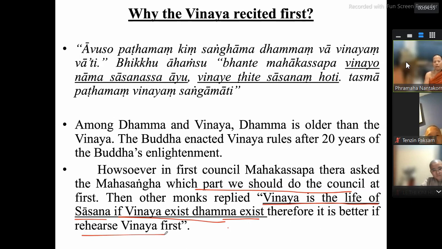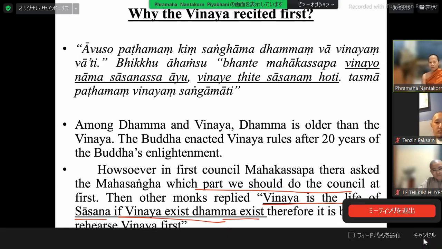Or is it better to rehearse the Dhamma first? And this passage is very important. Among the Dhamma and Vinaya, yes, of course, the Dhamma is older than Vinaya, but